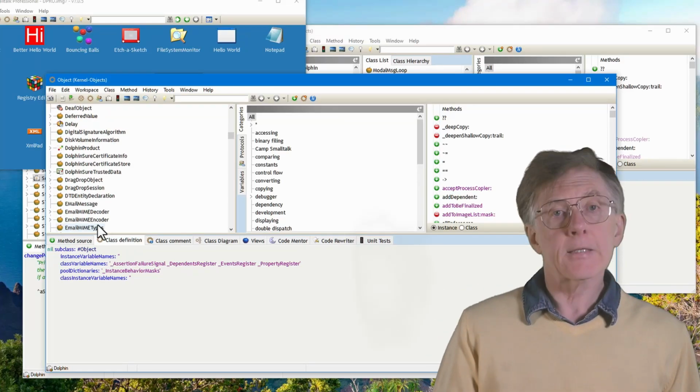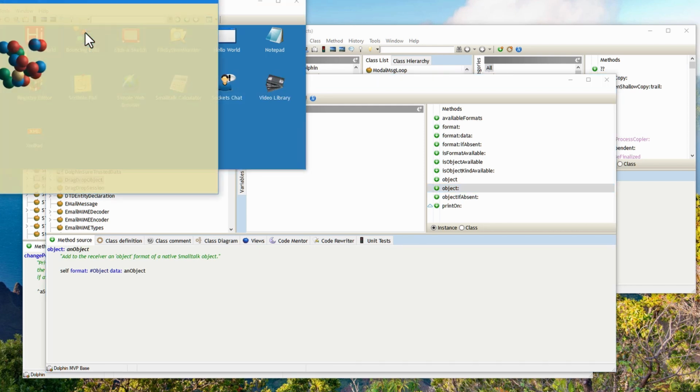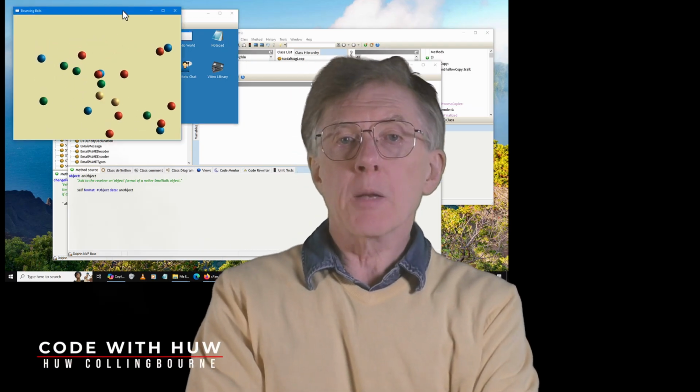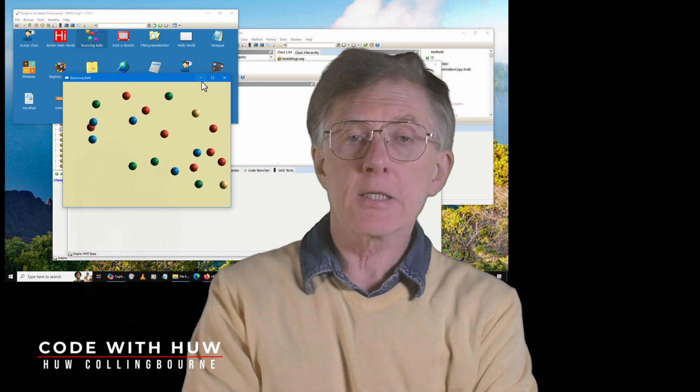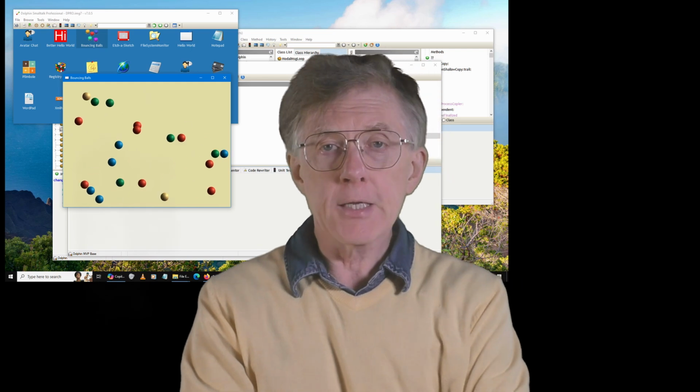Just look at this. How can such a beautiful development environment be so forgotten? For developing Windows applications, this is just such a pleasure to use. You can download it for free, so well, why not give it a go? If you've ever wondered why Smalltalk programmers tend to be passionate about the language, well, DOLPHIN Smalltalk may help you